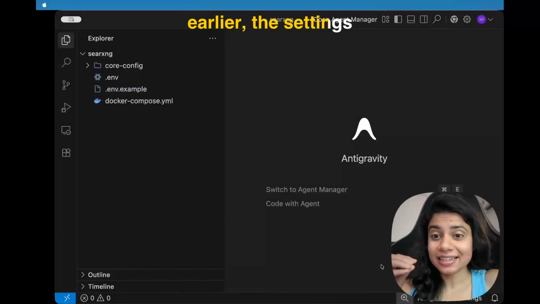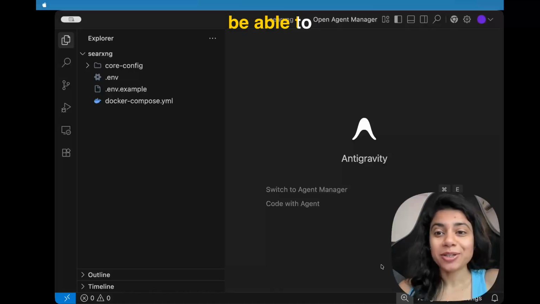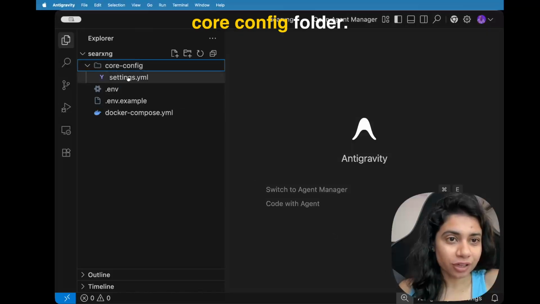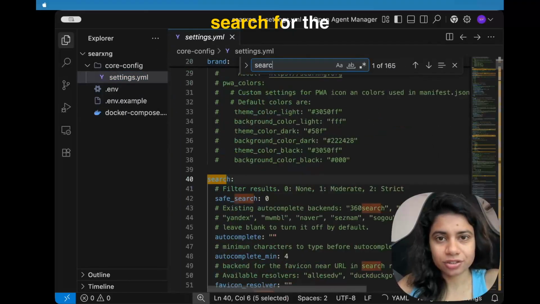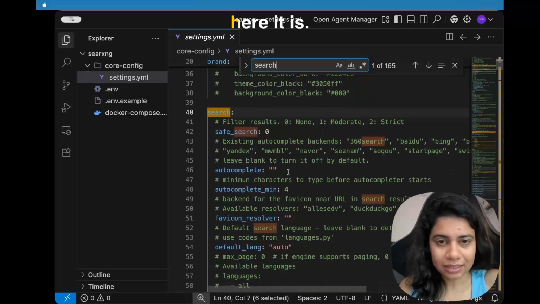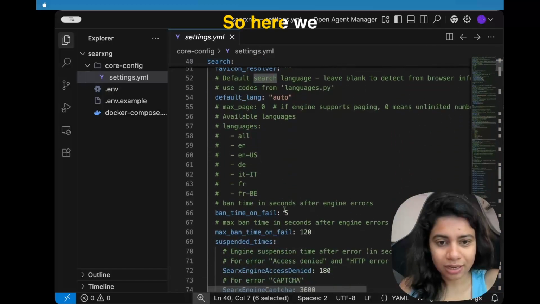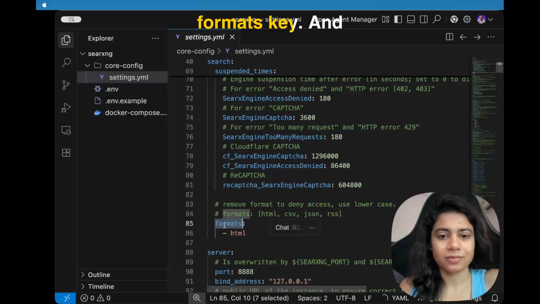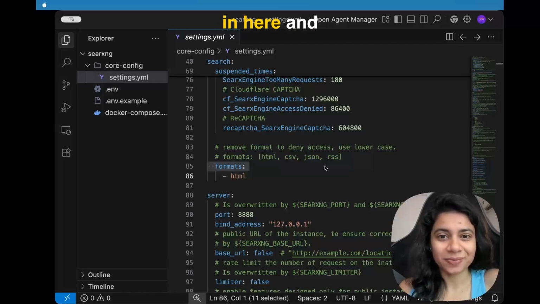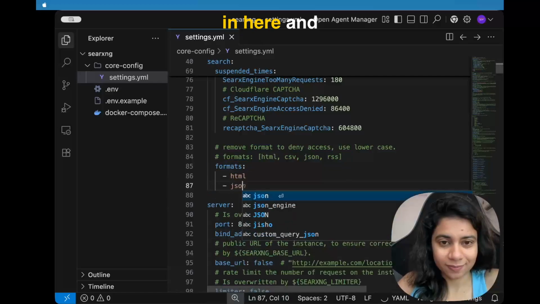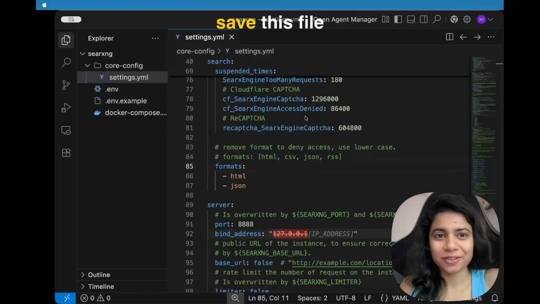As we saw earlier, the settings.yaml file was very long. To be able to edit this easily, I've opened it in an IDE, and we will go to the core config folder. We see this settings.yaml file, and we will search for the search section, and here it is. So here we should see a formats key. And currently, under formats, we just have the HTML format, which is good for humans, but not good for agents. So we will add JSON in here,